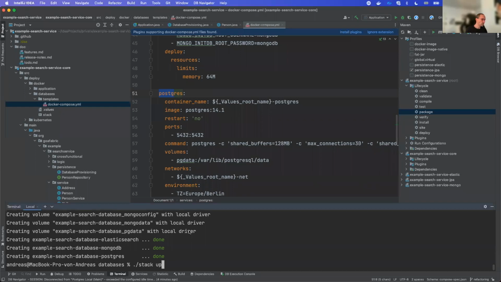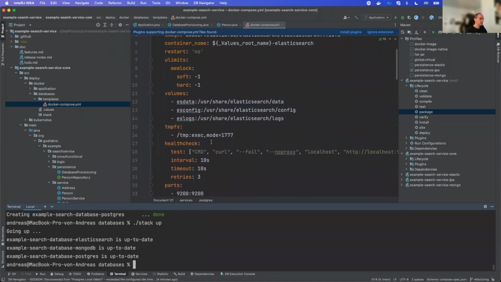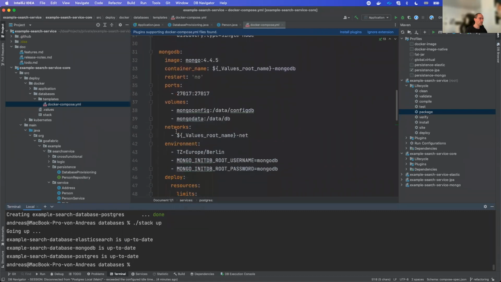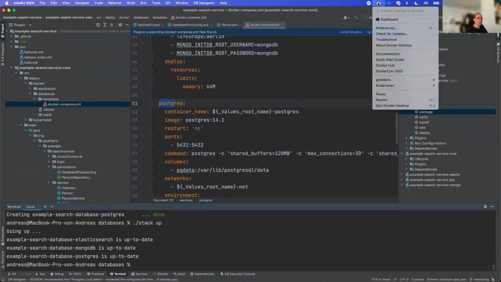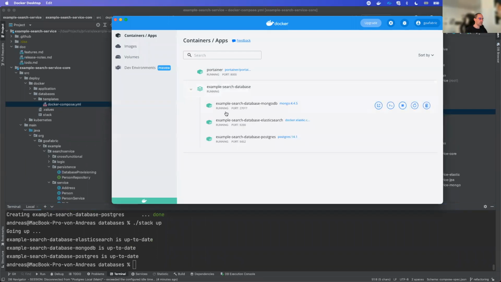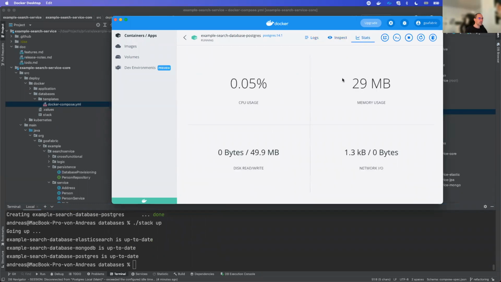What we first need to do is bring up our database with a compose file, and this brings up three databases. We will get an Elasticsearch database, a MongoDB, and a Postgres database. If we take a look into our Docker dashboard, we will see a difference right away. For example, while our Postgres database in idle state takes about 30 megabytes of RAM,